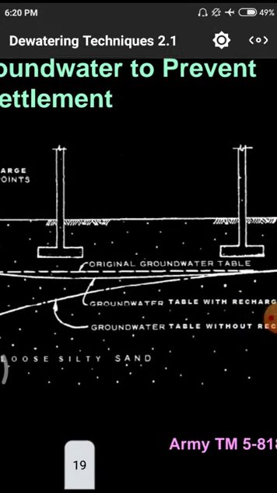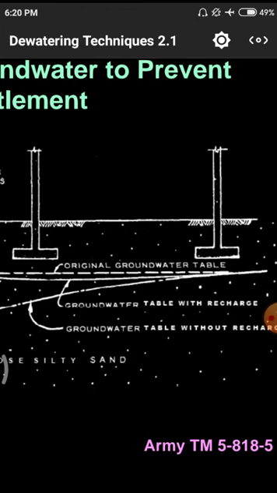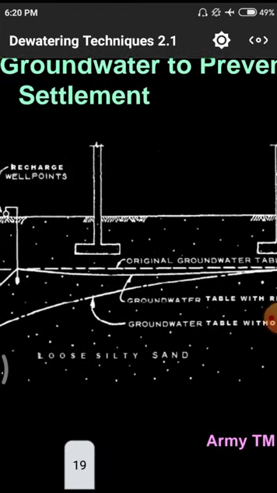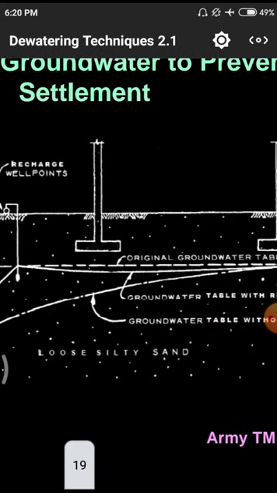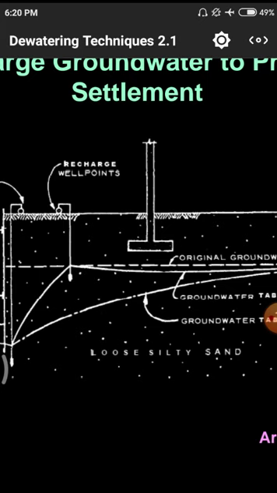With recharge means the water is rising to a particular level. If it rises above the excessive levels, there may be a chance of these buoyancy forces occurring. If the groundwater table is very low, there may be a huge amount of void. If there is void, there may be sinking of the foundation. We need to control in both ways. If the water table is very high, it also affects the structure. If the groundwater level is very low, it also affects the structure.